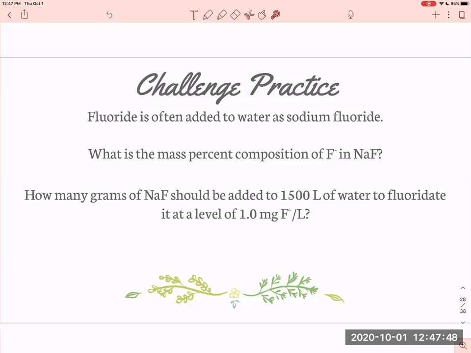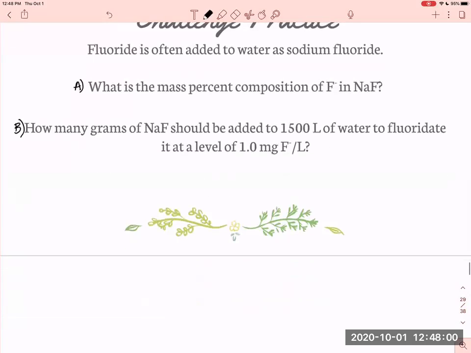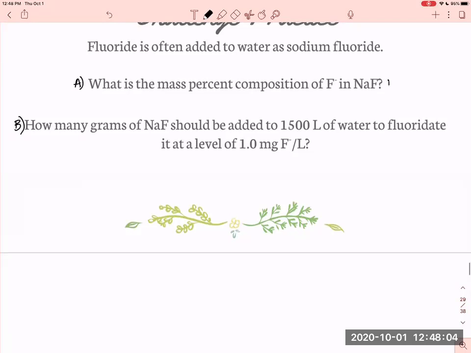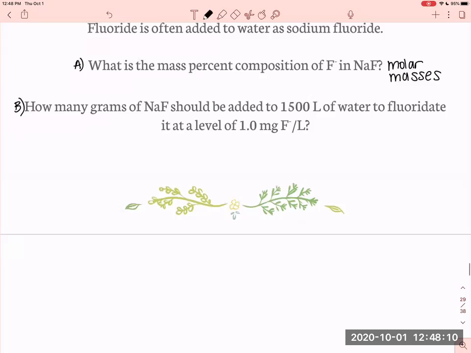I usually will just give you sodium fluoride and will not give you NaF. You'll have to know how to do that. So first, let's section this A and B. First, let's find the mass percent. And because I'm not given any information for that section, I'm going to use the molar masses. We're going to use molar masses here because they don't really give us any experimental information. So mass percent